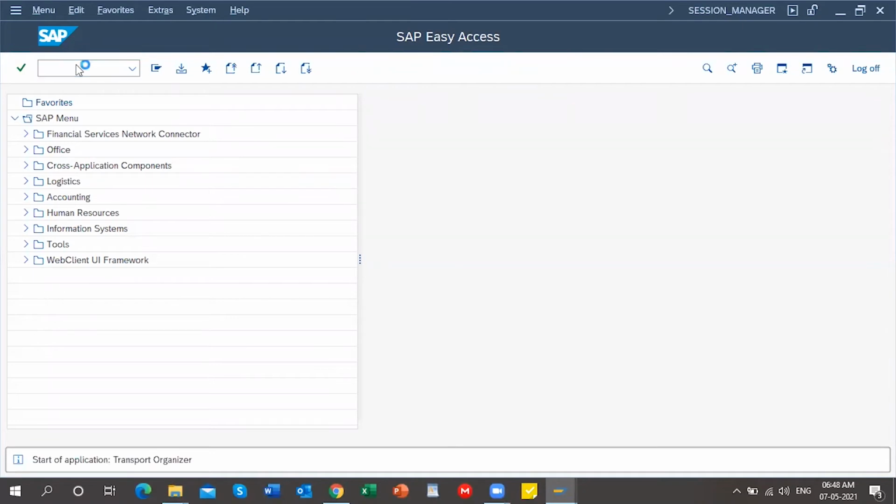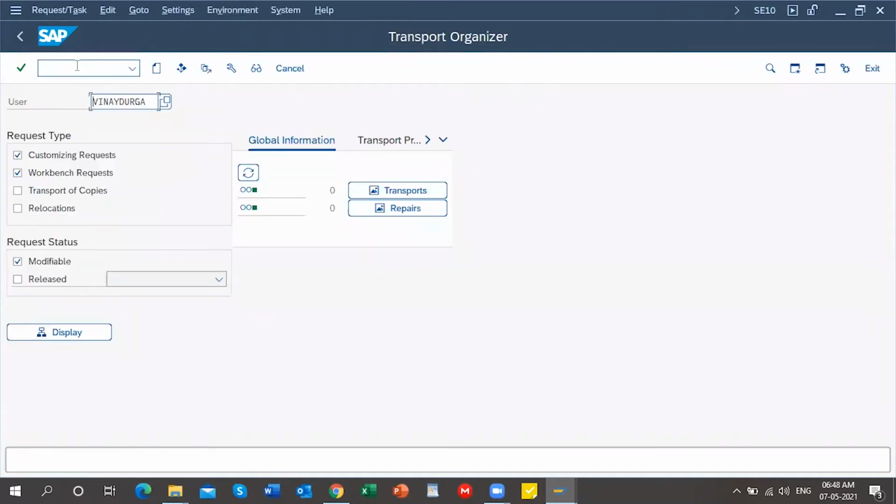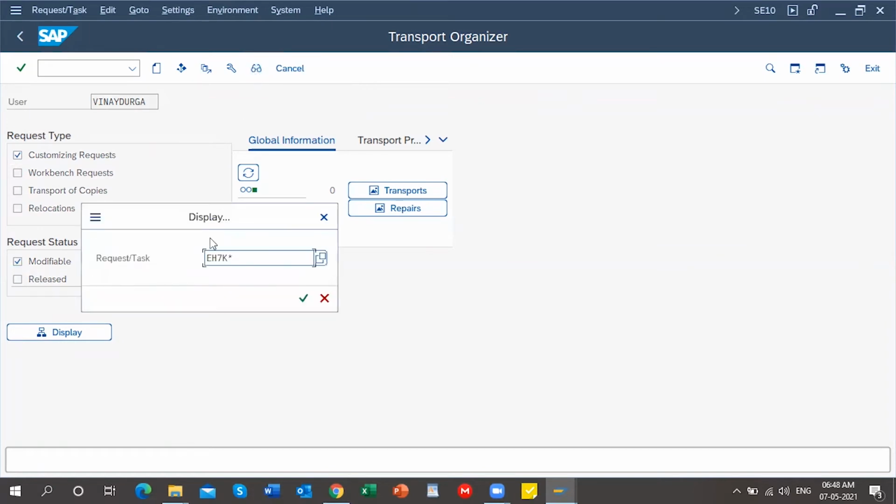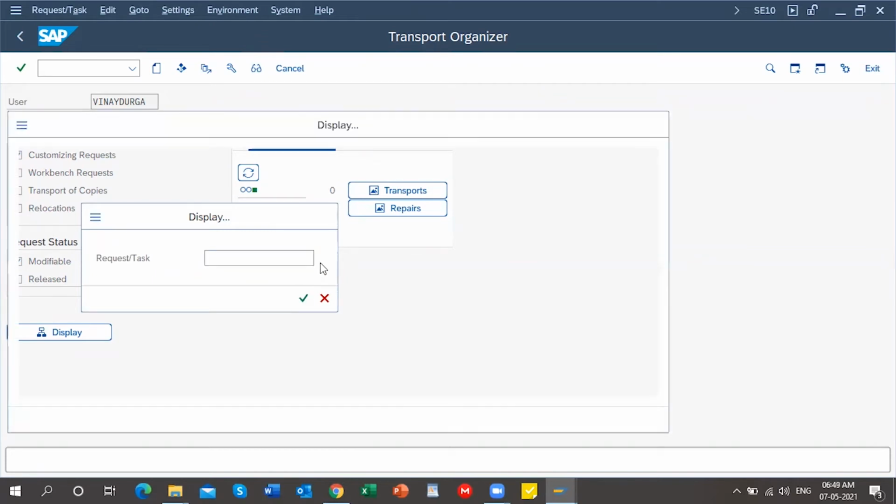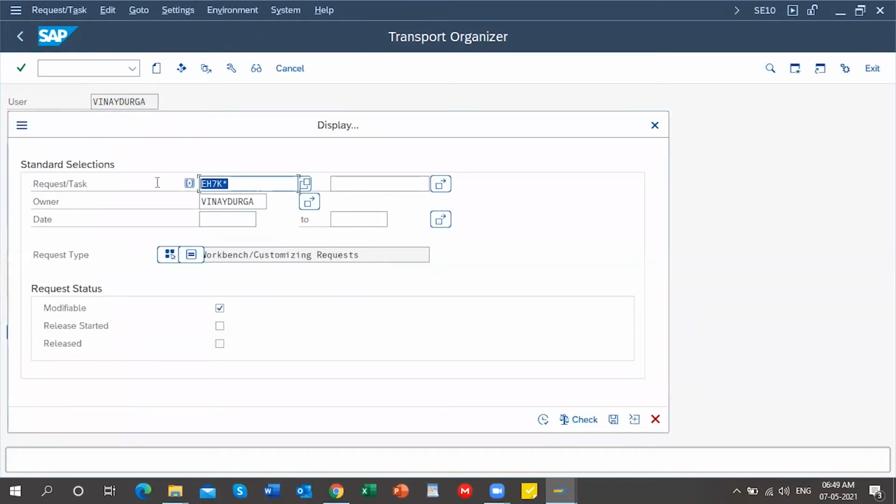SCC10 is the transaction code to view the customizing request. Here we are only going to view the customizing request, and it can be modifiable. Just click on the display individually option, remove this, and click on this drop-down list.